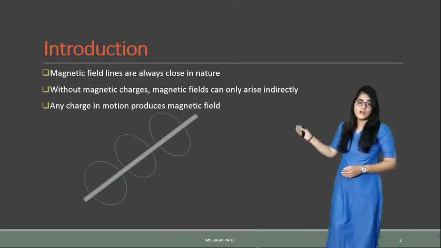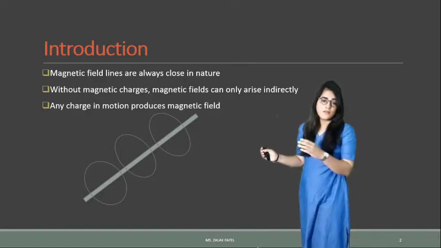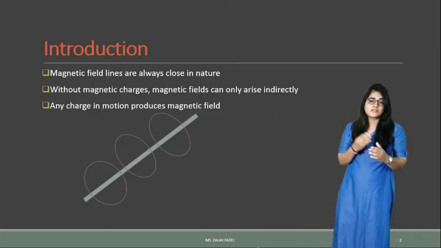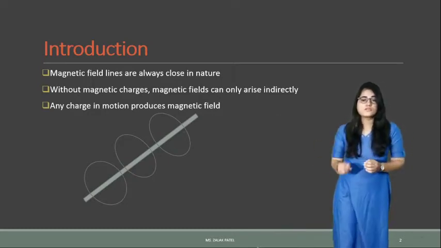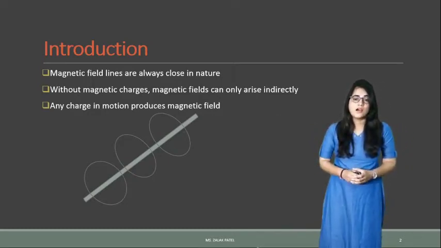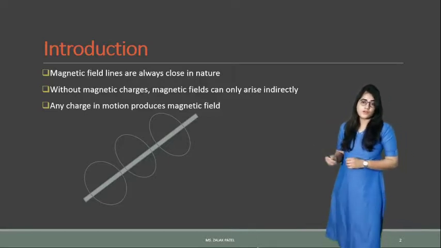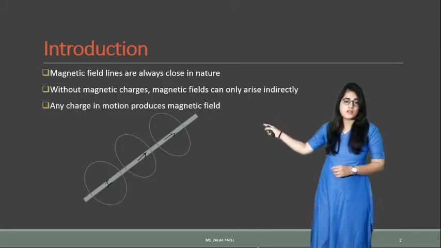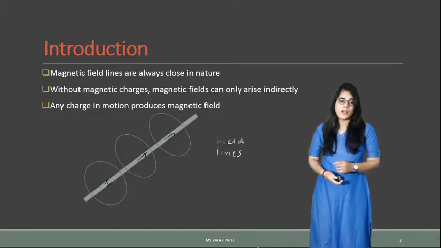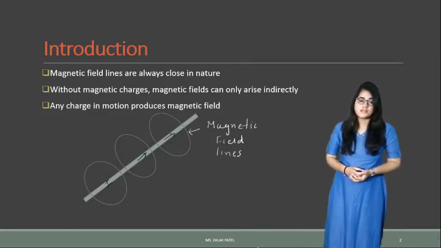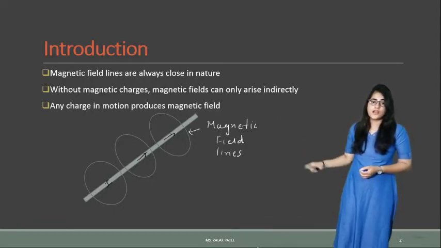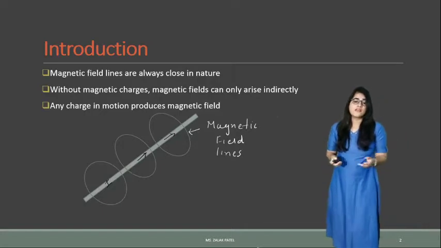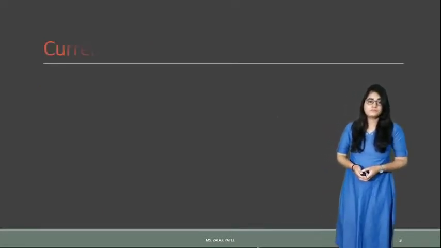Here you can say that one current filament is there, and at every instant of time a closed loop is formed that will create a magnetic field around that particular rod. The direction of current can be shown by the arrow, and it will create the flux lines or field lines, denoted in a circular or closed loop form. So this is how the magnetic field lines are created.